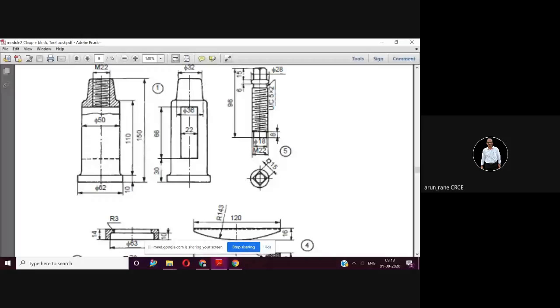So once you revolve this, then you will get this solid along with the hole. Then you can do the threading. Now you go to this plane, that is you select either XZ plane or YZ plane. Remember, XZ plane or YZ plane starts from the center. So whatever sketch you are making, that will come on the center line. So on that plane, you can draw this rectangular slot of size 22 by 66, keeping this much distance. How much is this distance? That is 30 minus 10. And once you are done with this slot, then you can extrude this.